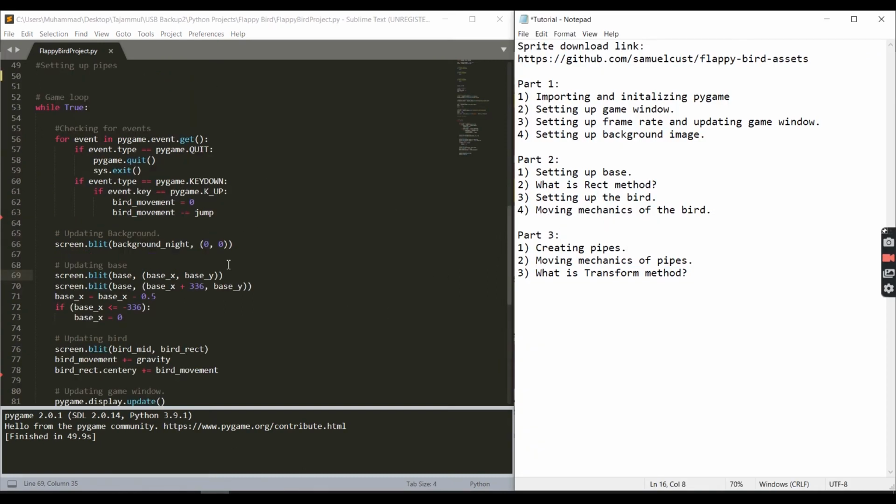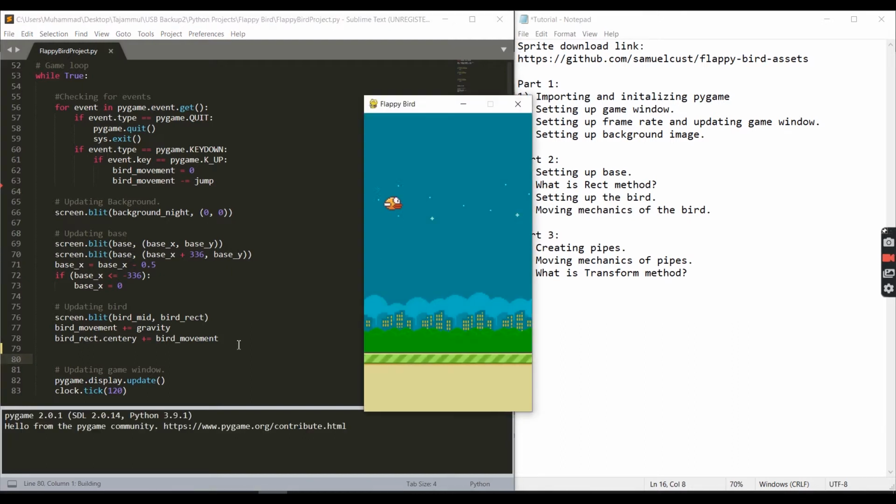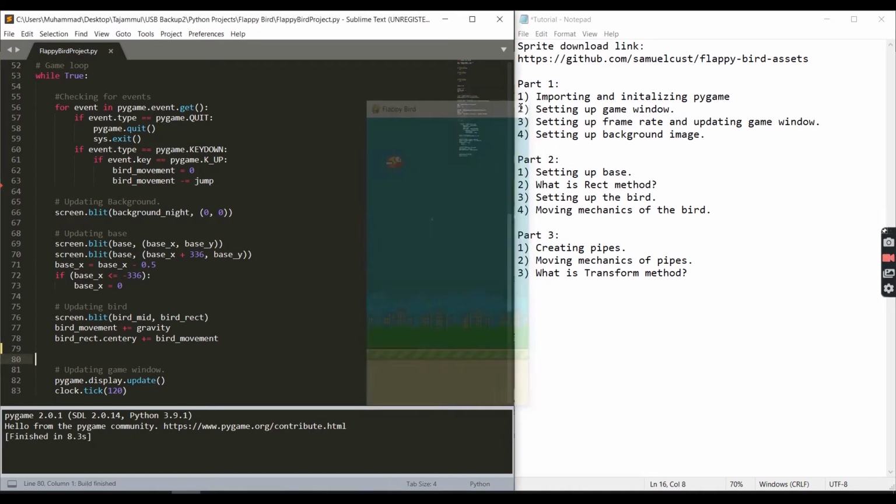लास्ट टाइम तक हमने बेसिस बना ली थी और हमने उसको मूव करवा लिया था। हमने बर्ड बनाया था, उसको मूव करवा लिया था। आज हम करने वाले हैं कि पाइप्स को हमने किस तरह से मूव करना है। तो लास्ट टाइम तक हमने ये किया था, बर्ड मूवमेंट और बेस मूवमेंट और इंपोर्टिंग वगैरह जो भी क्लोज करने के फंक्शंस।